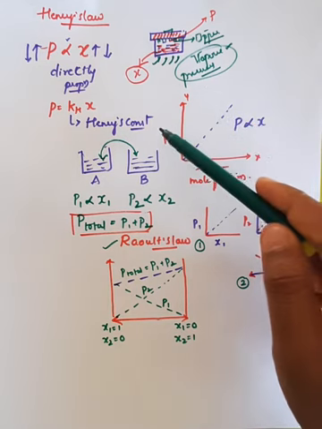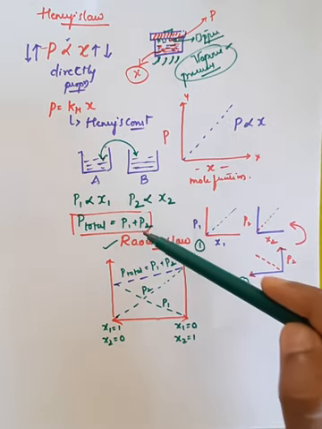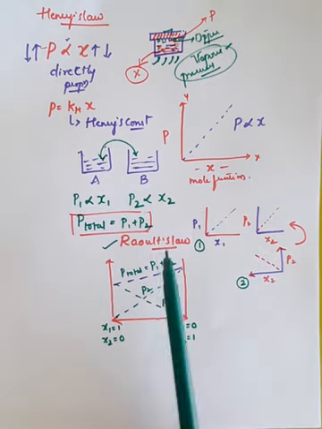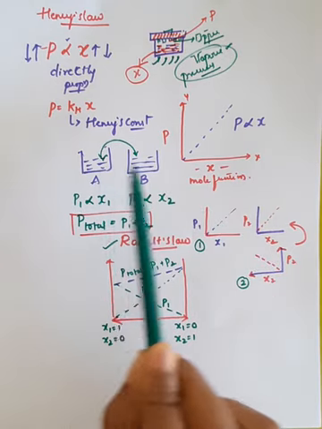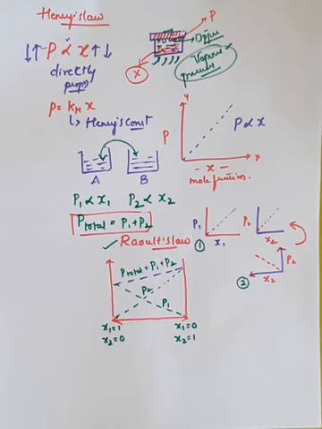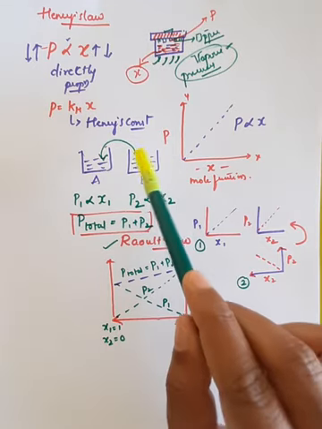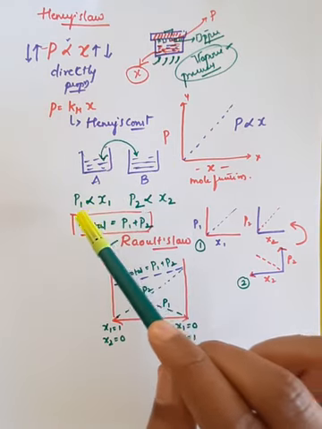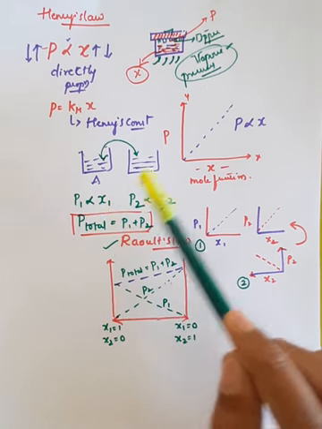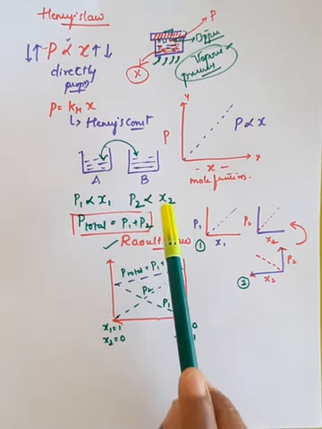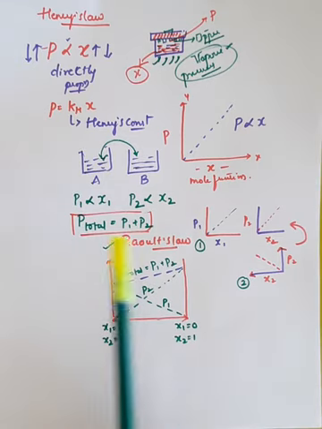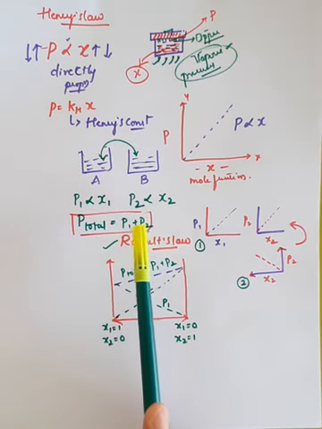The same concept, when we apply it for two different solutions or the mixture of two different solutions, is called Raoult's law. Here I have taken two different containers, and both have their own specific pressure as well as mole fraction. Due to the pressure created by the vapor, P1 is directly proportional to x1 and P2 is directly proportional to x2. So whenever you mix two solutions, P total will be equal to P1 plus P2.